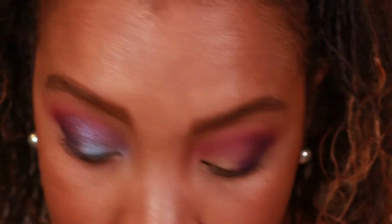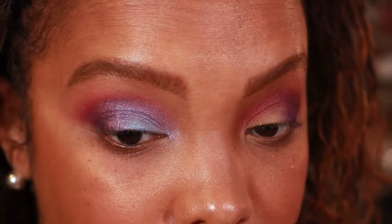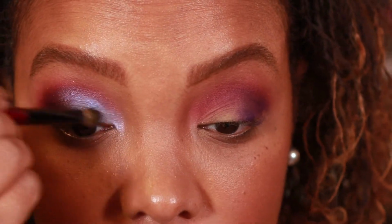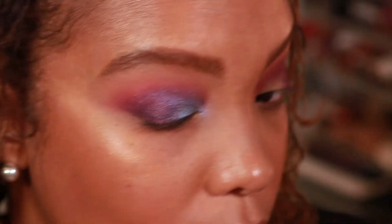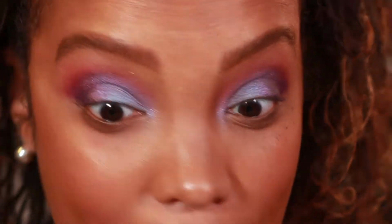And then I think I'm going to pat more here. These are the few little lines I have right in the crease area where sometimes shadow can just kind of settle in, especially if it's not a thicker shadow per se. Okay, that's really pretty. All right, this is super gorgeous right here as it is. So you can stop here